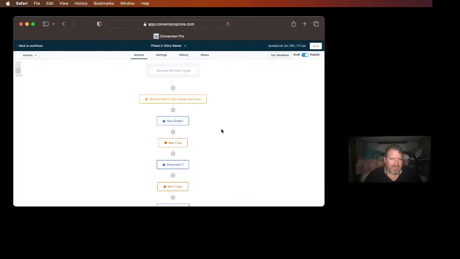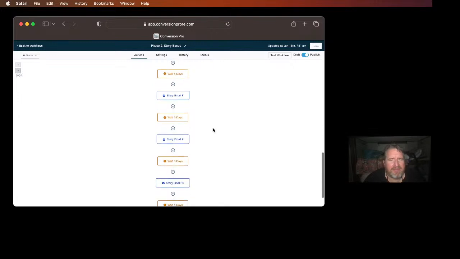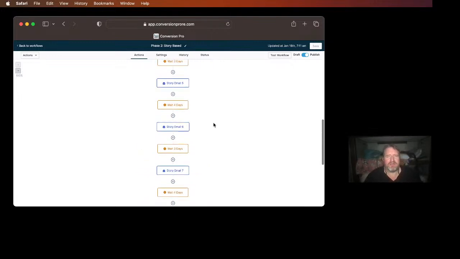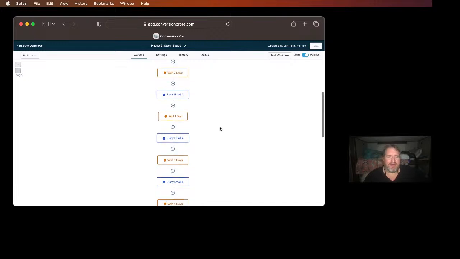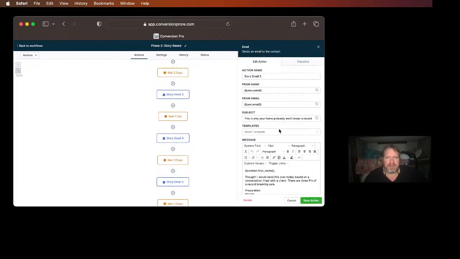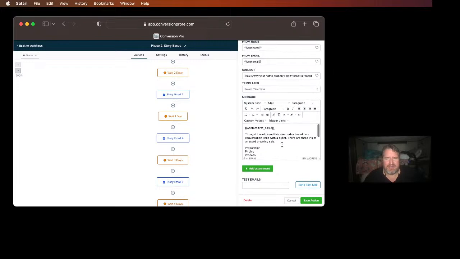The nice thing is if they reply to anything, they get pulled right out of these, so they won't keep on getting these because you'll be in conversation. The story based phase, I believe, is now at 11 emails over approximately 30 days. What these are all about is establishing your expertise as far as the process goes. You'll see they're very simple, based on conversation. You can go through and look at these, and you can actually edit them if you don't quite like how some of them are listed. But if you see something in brackets like this, don't mess with that, because those are wild cards with your custom fields, and we want to make sure that everything still works properly.